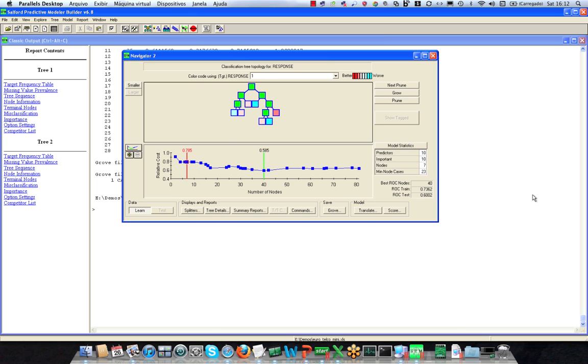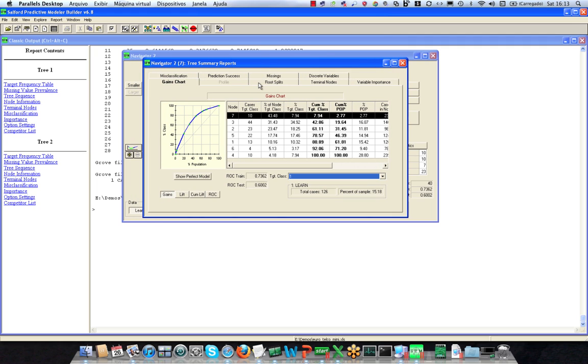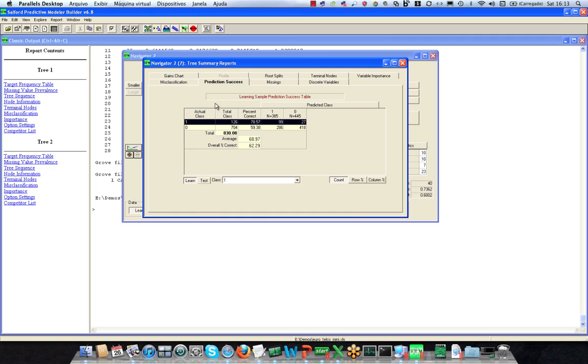Okay, so having this large collection of trees, what we can now do is test them on some independent data known as test data. And for each of these trees, what we can compute is the classification accuracy of those trees. This is what CART and the CART authors did in the original monograph describing CART. So if we go to the summary reports, click on prediction success, and then click on test, what we see here is the